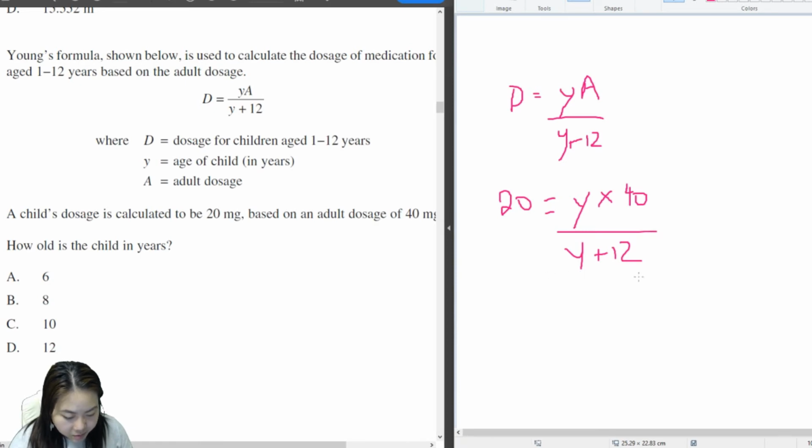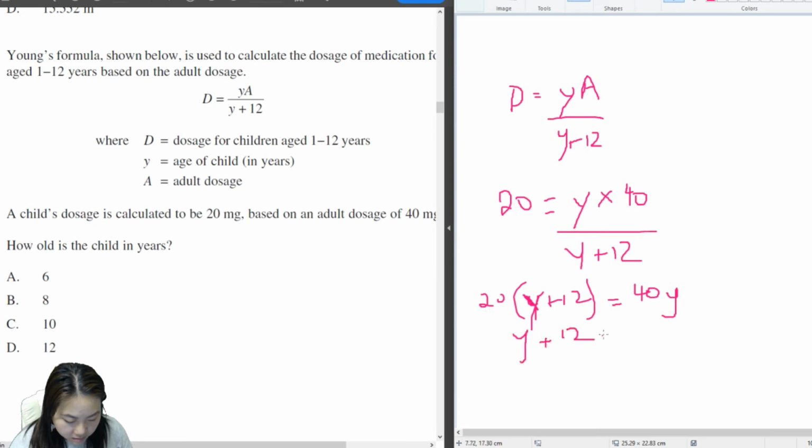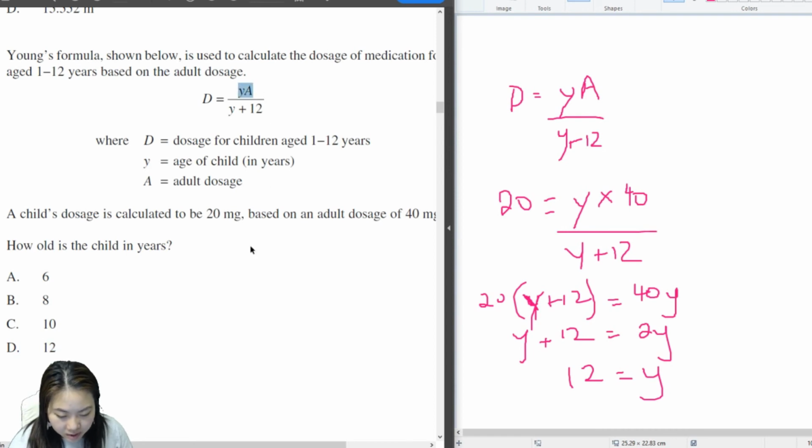Okay, times both sides by Y plus 12. That looks like a 4. Let me just fix that. Equals 40Y. Divide both sides by 20. And then minus Y on both sides. Y is 12. How old is the child? The child is 12. I would double check that for sure and just put it in there and see if